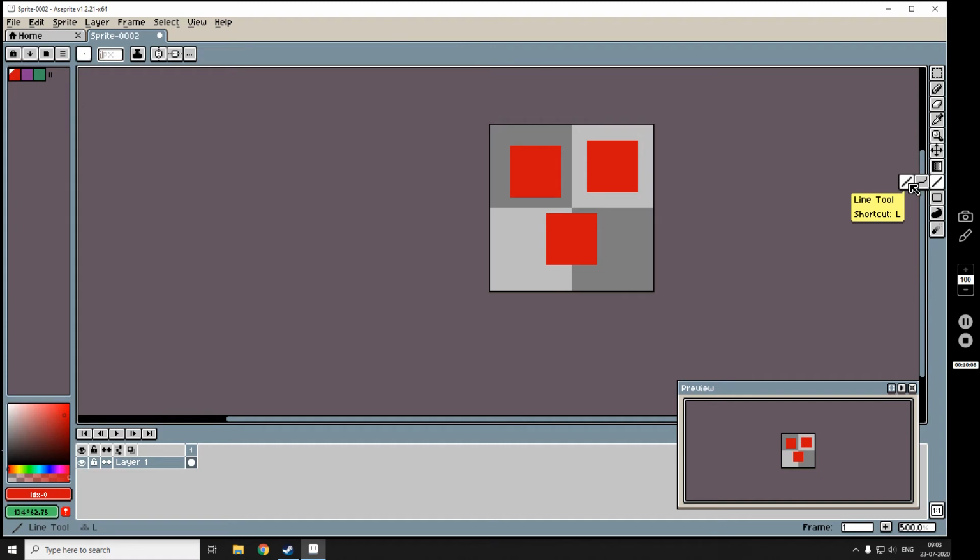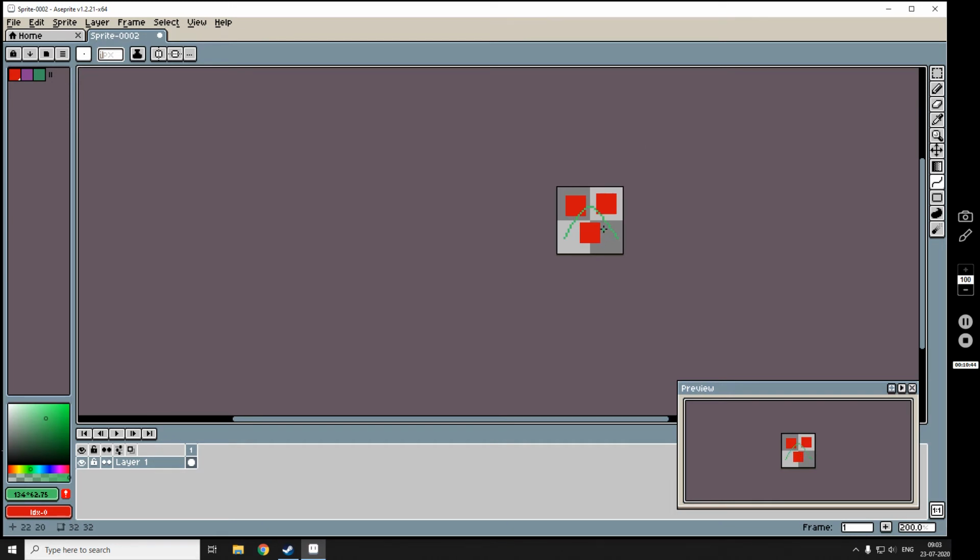Now the next one is the straight line tool. For a straight line you just need to drag it and leave it, and it will automatically create a straight line. We don't need to press the shift key here. Just simply draw it. And the next one is the curve tool. You can make a curved line using this one. For this, you first hold and drag, then click it and again take it up. Okay, it's done.